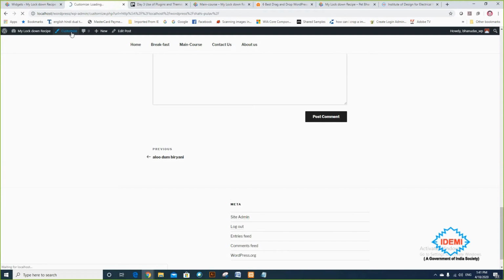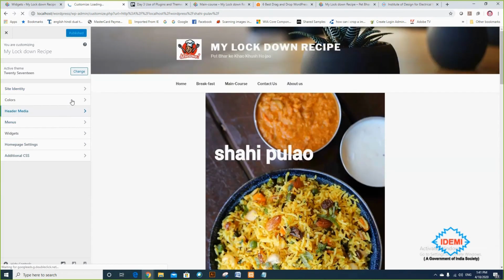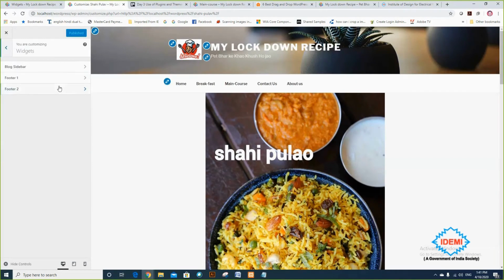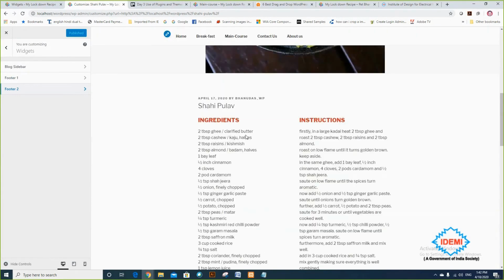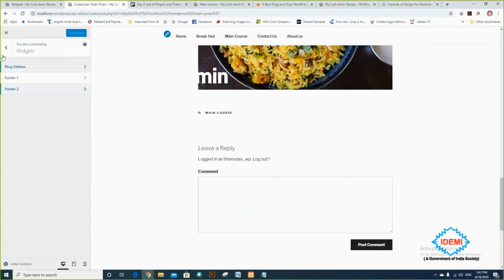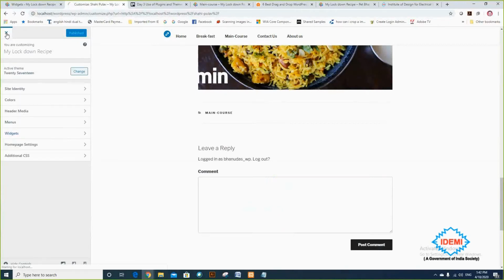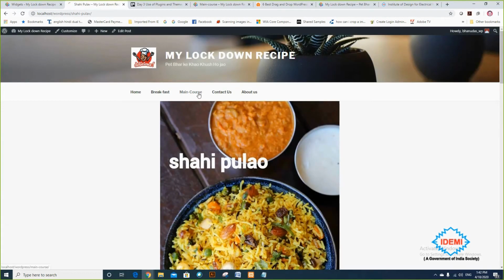So I'm just clicking on customize and looking for my other settings. Okay, whether they are providing? Yes, in footer 1, there is a gallery and there is a block header and there is a footer 2. Okay. Whatever I am changing there, it will appear under widget settings and it will display here. So this is a comment, so it will not display after the comment because it is a post. So it will display in a page.